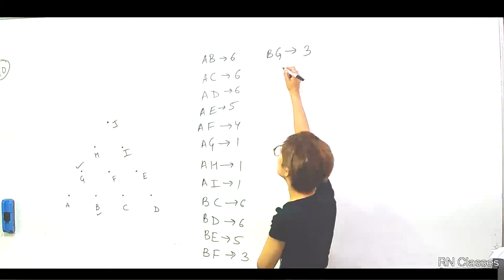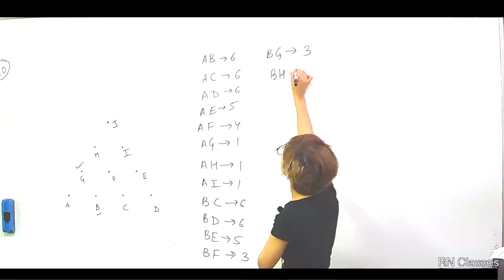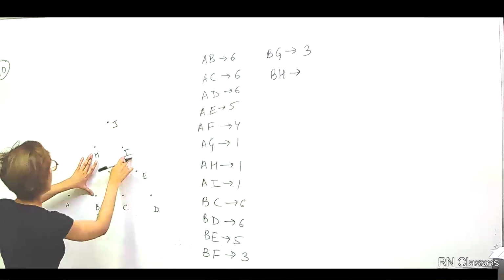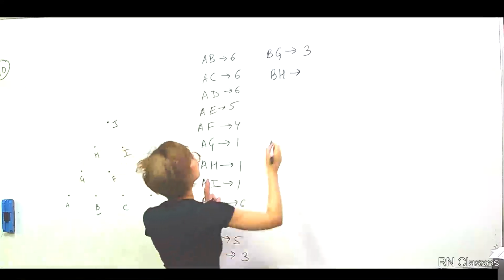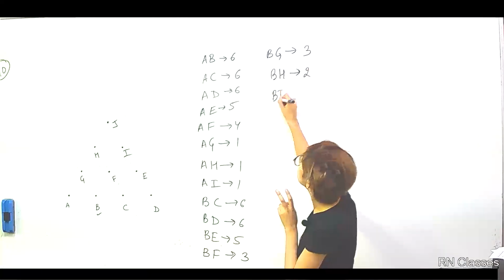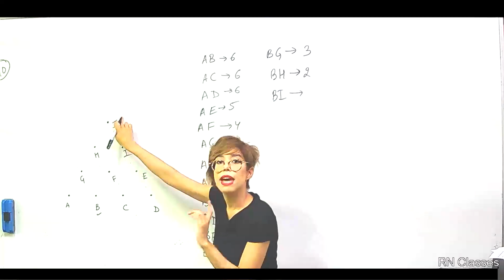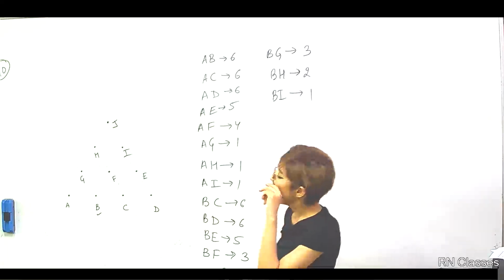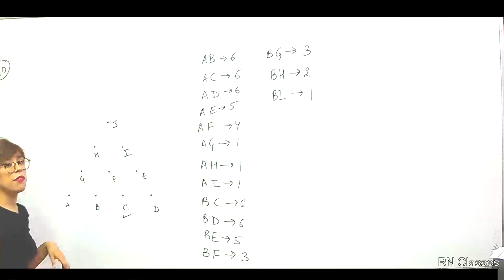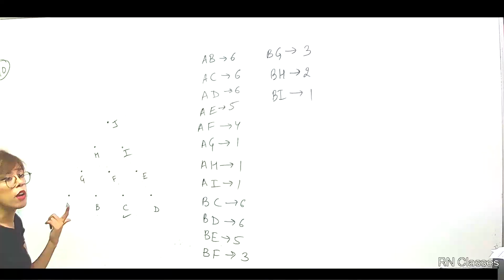And then BH. Let's move to BH. If I take BH, I can take I and J, so that is 2. Okay, and BI, if I take, how many possibilities? Just one, that is J. Done. So B is also exhausted now. C. Now let's move at a fast pace. I think we are getting the hang of it now.